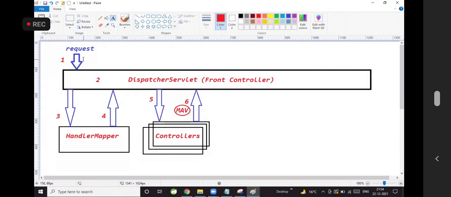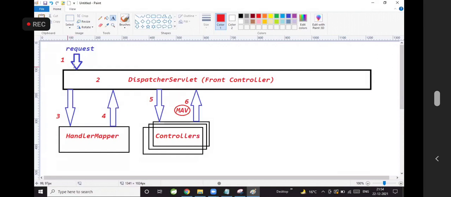First, request came to our application. That request is received by dispatcher servlet. Why is dispatcher servlet receiving the request? Dispatcher servlet is acting as a front controller. Front controller means it is the main gate for the Spring Web applications. If you develop a web application or a distributed application by using Spring Web MVC, dispatcher servlet will act as a main gate. Every request should go through dispatcher servlet only. That is responsible to handle the request and response.